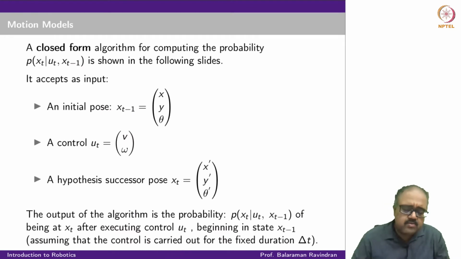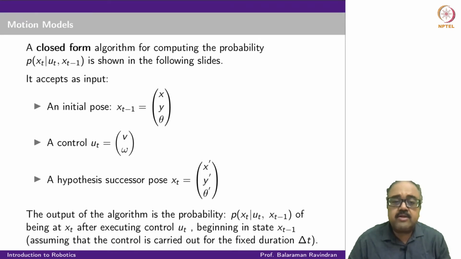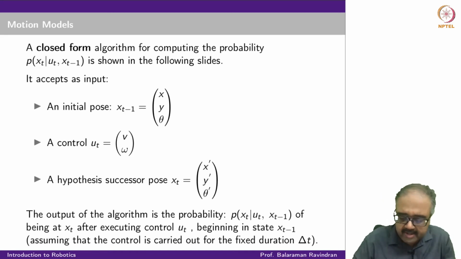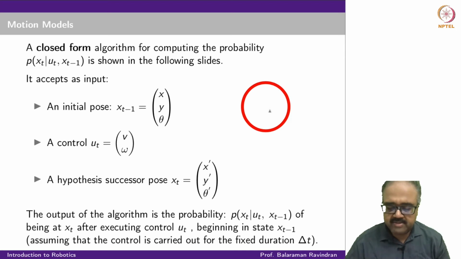Before that, I just wanted to point out one thing. If I have initial pose x, y, theta, and I move with a constant velocity of v and omega throughout the duration delta t, so we are assuming that we start from the location x, y and a specific pose theta, and we are going to move with a constant translational and rotational velocity over a duration delta t. So what is that going to mean? It means that we will be moving in an arc of a circle, that's going to be centered at some point. So I'm going to be moving in a circle with some center,